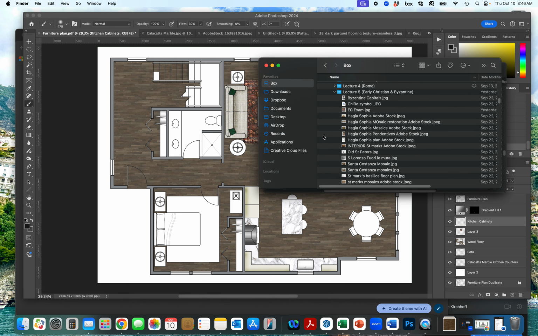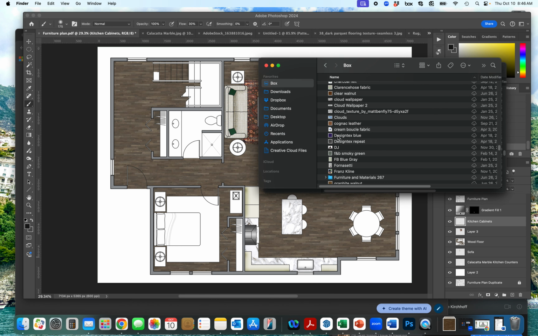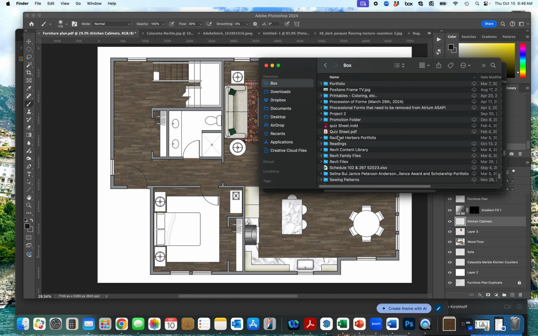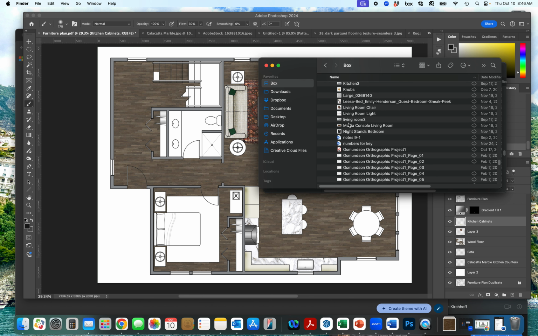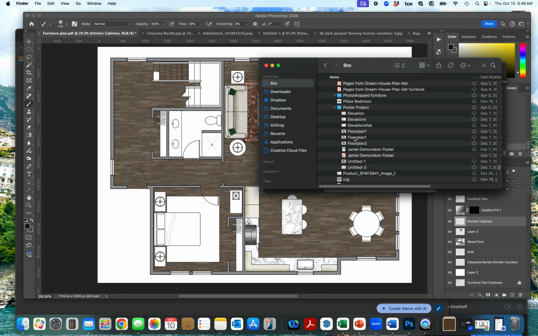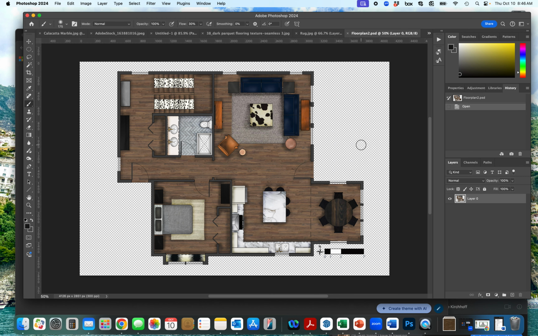Let me quickly pull up what a completed floor plan looks like in a rendered floor plan. Just give me a second to find it. This is my completed rendered floor plan from back in the day. You can see I haven't changed much in what colors I like. I added a runner to the stairs, but everything is colored, and this should match the materials and textures you've selected for your